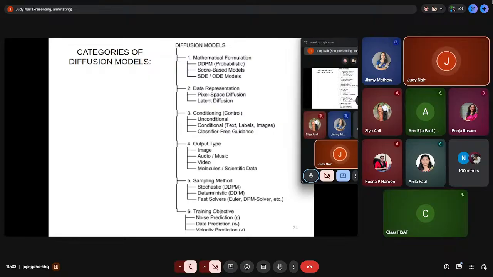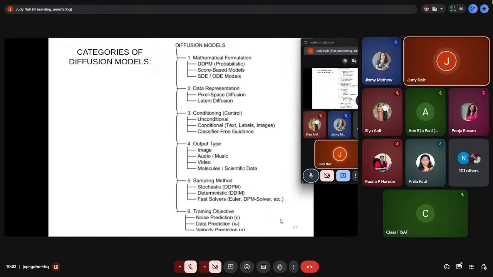There can be a combination of all this. For example, if I look at classifier free guidance, I may be using DDPM for the training, or I may be using a probabilistic method, a score based method or a differential equation method. So it is a combination of all this.